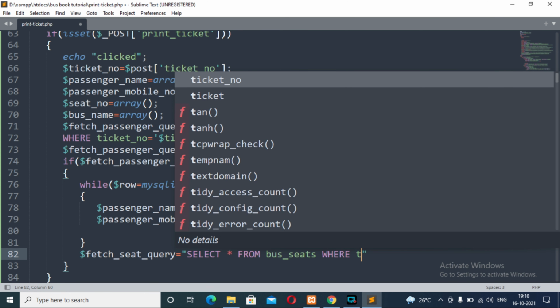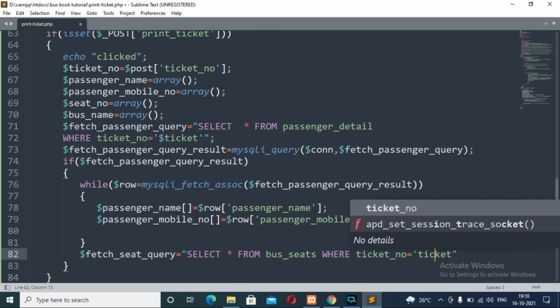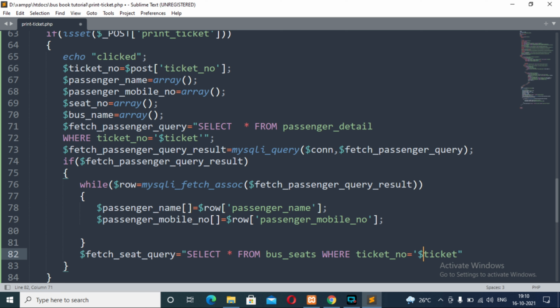Where ticket number is equal to ticket number. Semicolon.